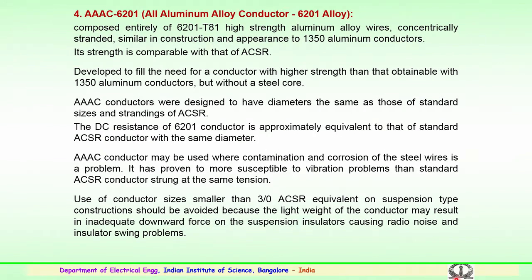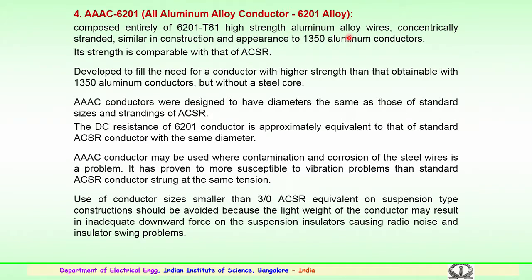The fourth is AAC 6201, that is all aluminum alloy conductor. 6201 is the alloy of aluminum. This is composed entirely of a 6201 T81 alloy with high aluminum strength, where wires are concentrically stranded, similar in construction and appearance to the previous 1350 aluminum conductors, and its strength is comparable with that of the aluminum conductor steel reinforced,